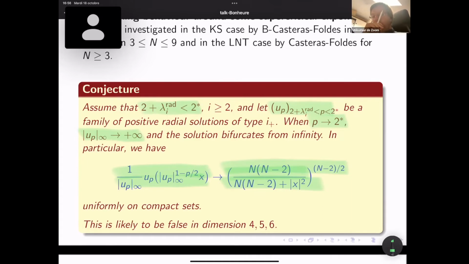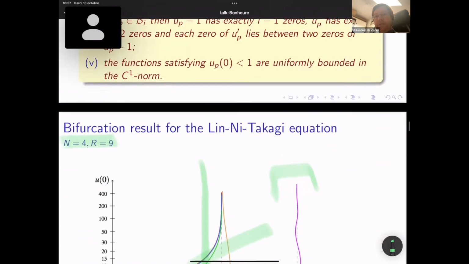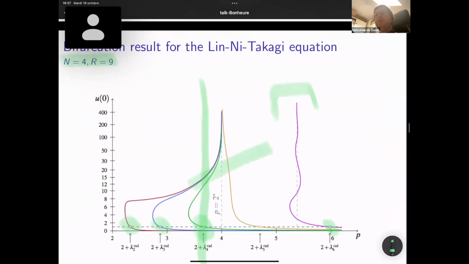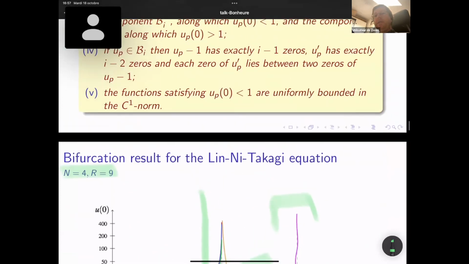Well, I'm not going to explain all the details, and those who know the famous Lin-Ni conjecture know that you have to be careful, at least in dimension 4, 5, 6, where things can be quite different. I'm not sure I'm going to detail all the bifurcation results. The bifurcation result, somehow you saw it here in the picture. It's based on the